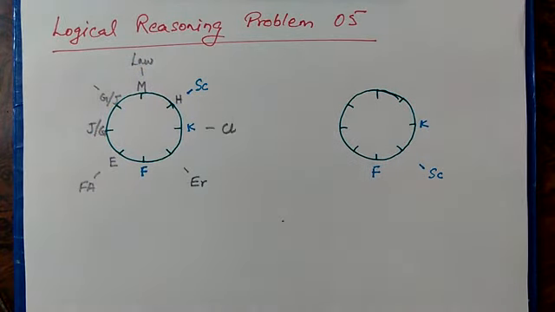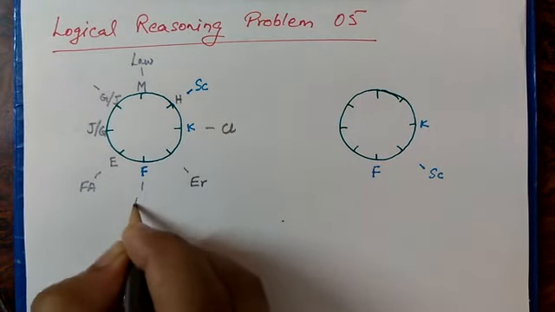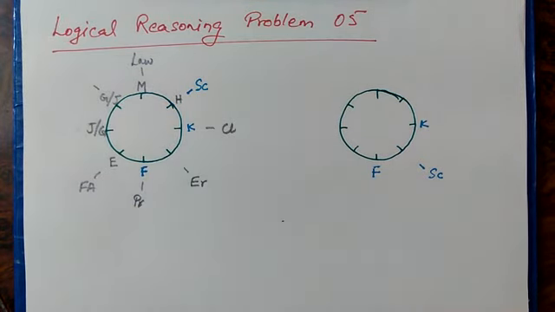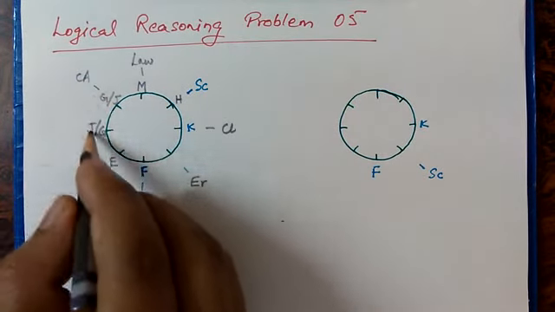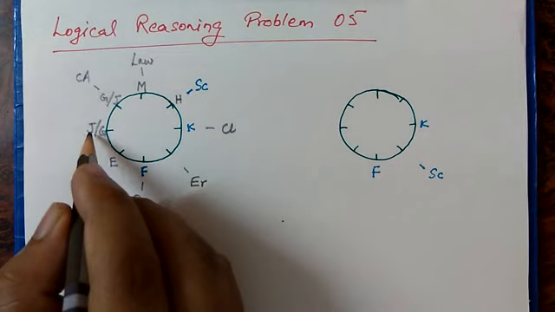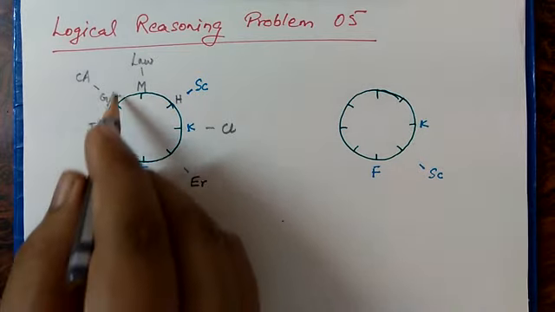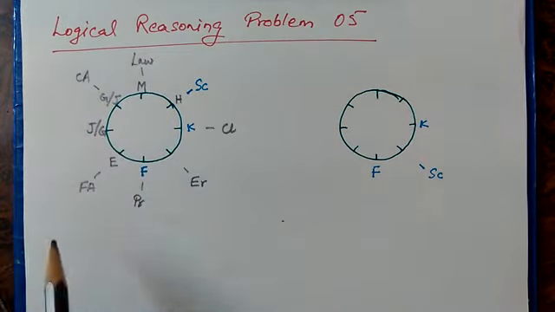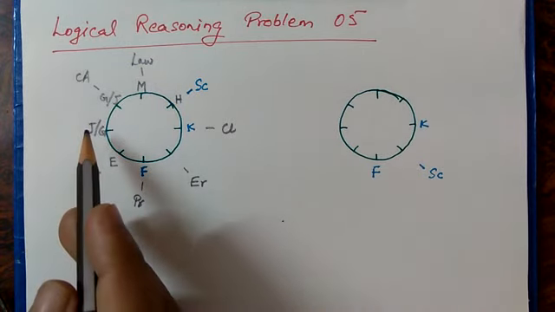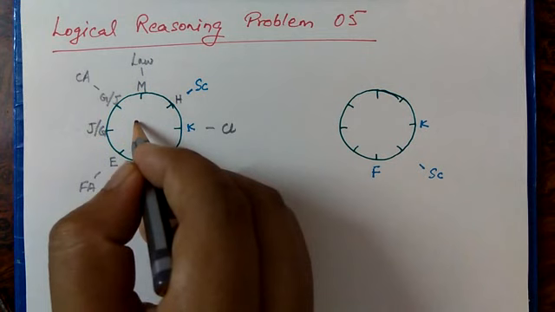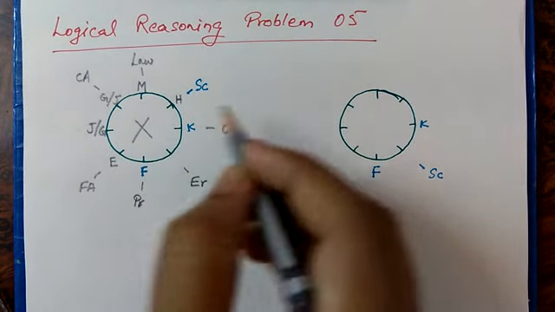The professor is an immediate neighbor of engineer. So this is the professor. Okay, our last condition is G is second to the right of chartered accountant. So if we put CA over here, then G is on the first position from the right of chartered accountant. So this combination is violating the last condition, and this couldn't have been done in any other case. So this whole diagram is wrong. So let's move on to this diagram.